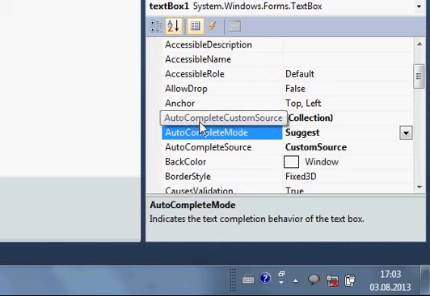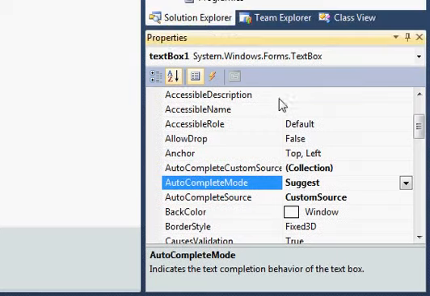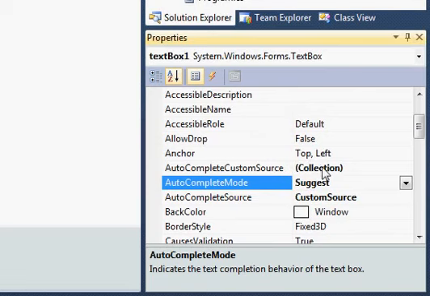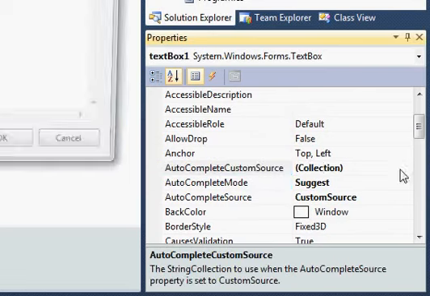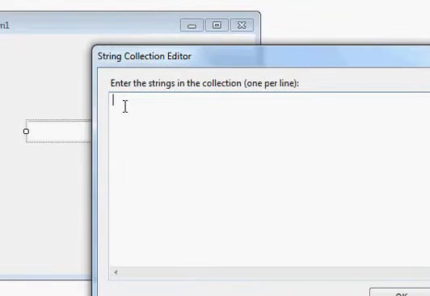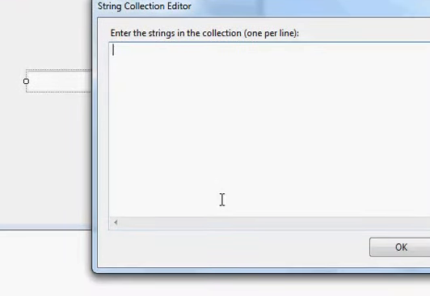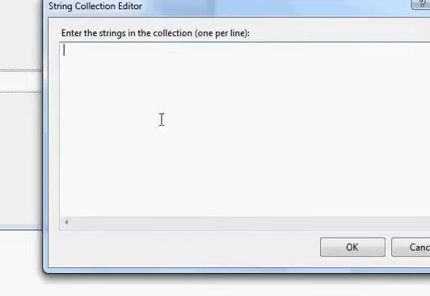So just select this autocomplete custom source from here and select this and click this small button here, and here you can give the list of the suggestions you want to appear when I enter some text in the text box.